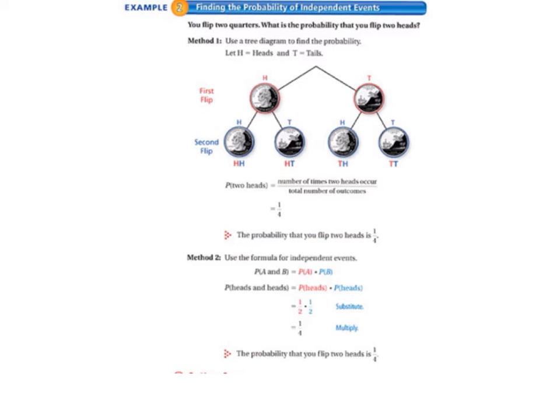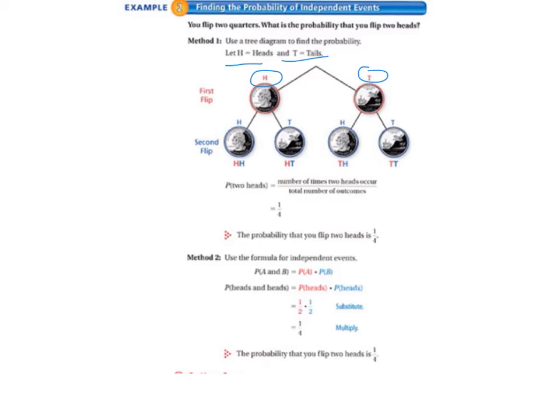Moving on to page 407, example 2, finding the probability of independent events. You flip two quarters. What is the probability that you flip two heads? So method 1, you use a tree diagram to find the probability. So we're going to use H to stand for heads and T to stand for tails. So the first flip, if we get H, we put an H here, and a T, we'll put a T. So the first flip, we have H or T, and then the second flip,